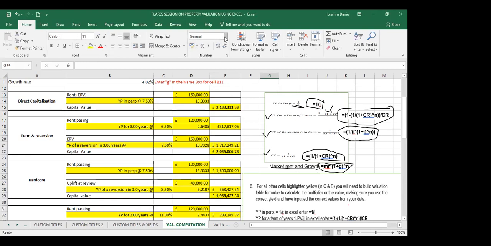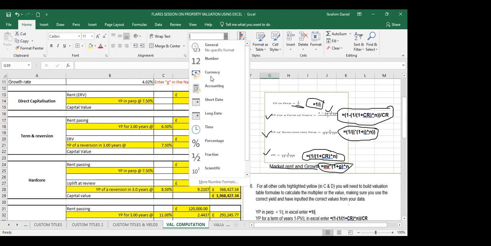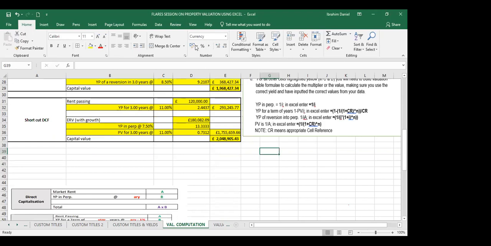Now you have to click this and go to currency. Now on the currency, this is the currency symbol. There are some that are here. For my laptop, I have United Kingdom, United States, and Europe. You can download more